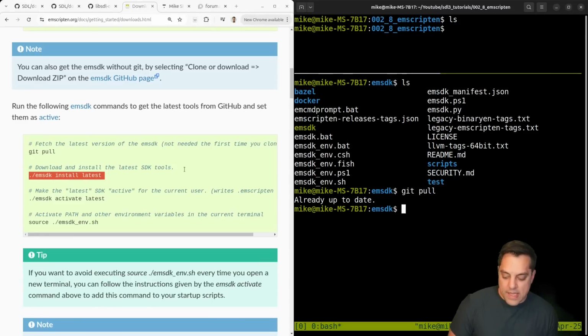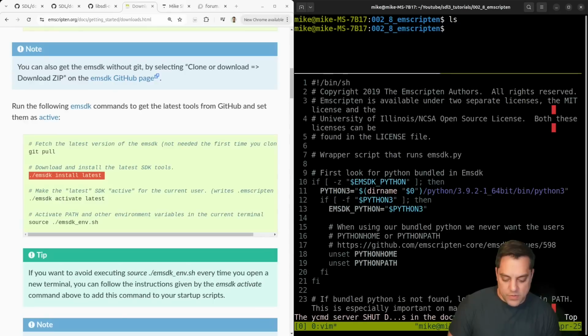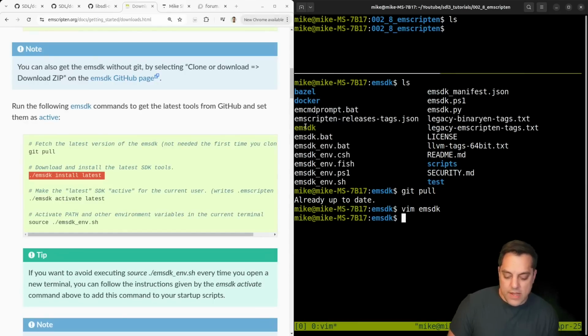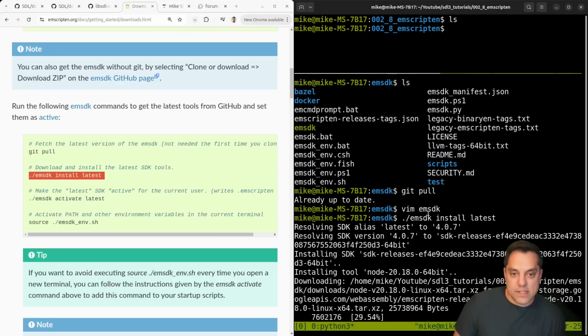So I'm going to run emsdk here, which, I don't know if this is an install tool. Let's see if that's a shell script of some sort. Yeah, it's some shell script here that's basically going to run. I believe it's using Python, so you might need Python 3 as well here, but let's just go ahead and run this here to install the latest,